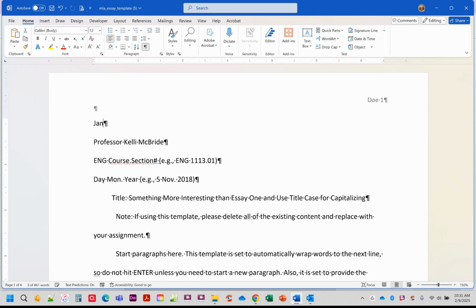Up here, first line is your name. Second line is your professor's name, and this is how I want you to do my name. The next line is your class information. So the class code is broken into 3 parts. You have the prefix, the course number, and the section number. So our class is going to be ENG in all caps. And then whatever the course number is, that could be 1113, it could be 1213, then a period, and then